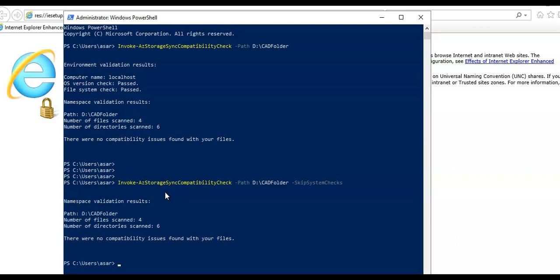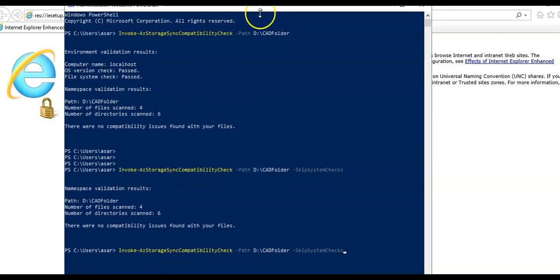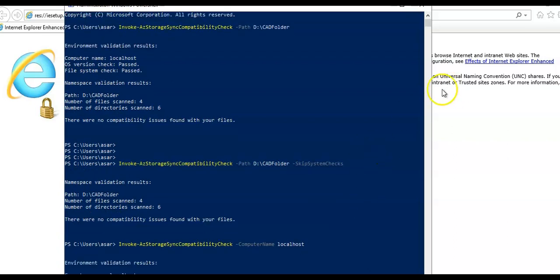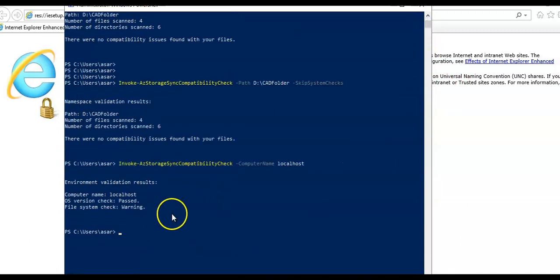Now I will test the system requirements only. I'll do Invoke-AzStorageSyncCompatibilityCheck -ComputerName localhost. For the file systems check, I got a warning.